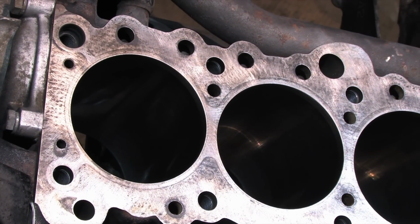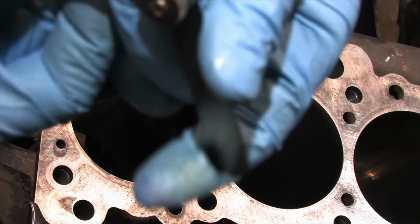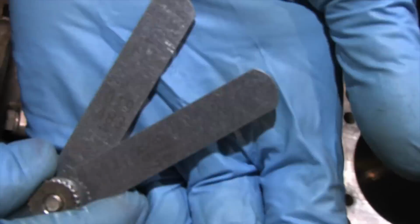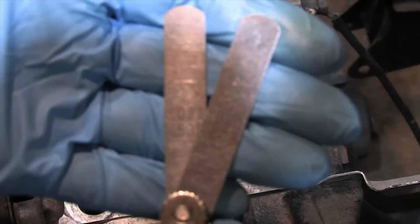Now let's check out the oil ring gaps. Some people put a ring on a piston and use it as a stopper so that it stops even and flush at the top of the block. If you insert the piston deep enough using the full length of the piston skirts, then it will be level in the bore. My block has enough defects in the bores that the middle is actually the most uniform part